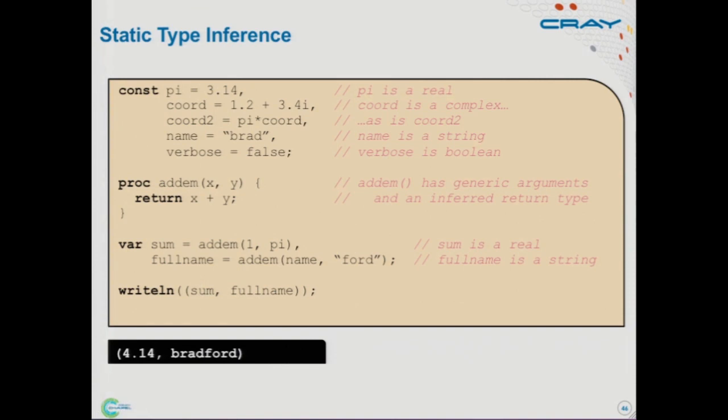And the goal here is really to support the ability to quickly sketch out code and then go back and refine it later, much as you would do in a scripting language like Python or MATLAB. All our numerical types are 64-bit precision by default. So if I just say 3.14 there, pi is going to be a 64-bit real floating point value. If you wanted, say, a lower value, or if you had a machine that had a higher value, you could do that either by explicitly declaring the type or by casting the literal to the type that you wanted.